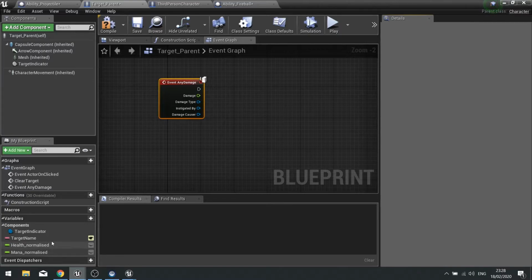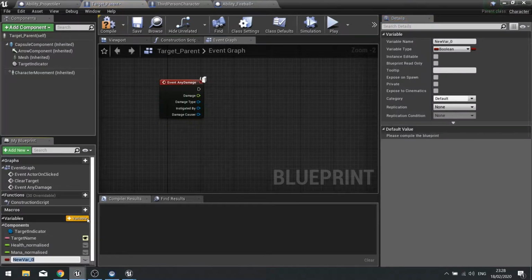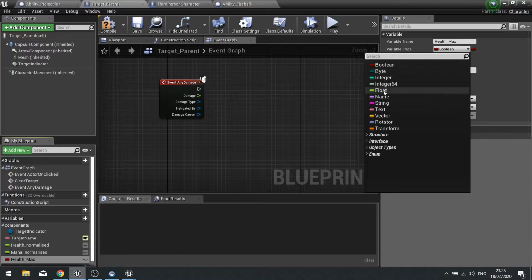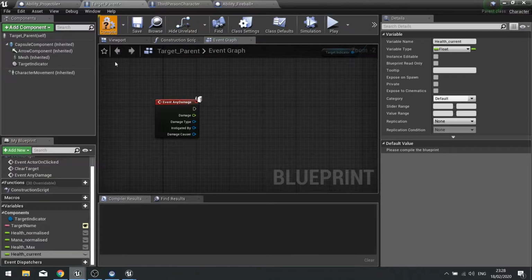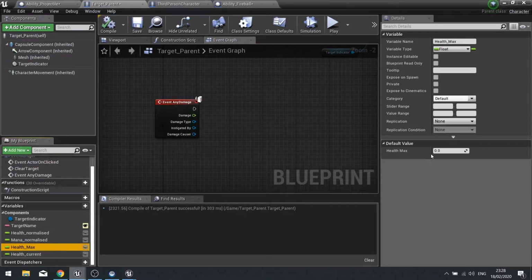Now we've only got health normalized, so we need to change that by adding health max, and that's going to be a float, and health current, again a float. And I'm just going to compile these, and health max will do a health max value of 1500 and a health current of 1500.